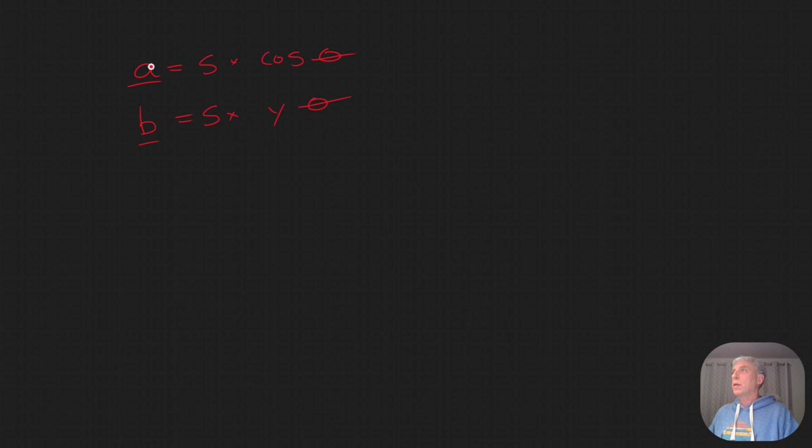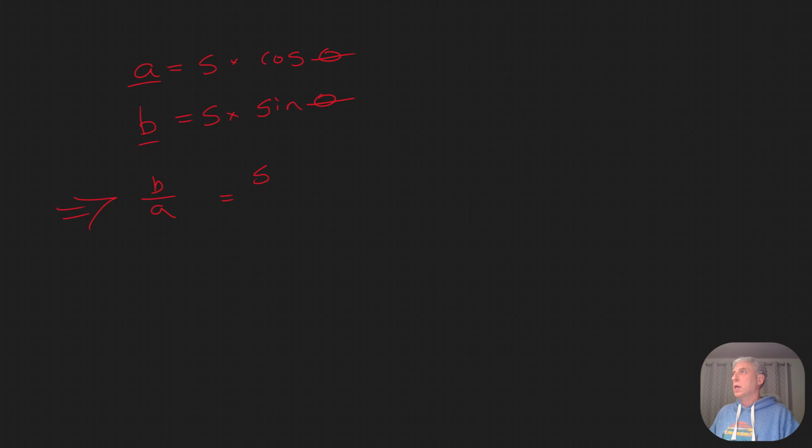So then if I were to go A over B, actually I'm going to do B over A, otherwise I have to do a cotangent. There we go. So I'm going to say B over A